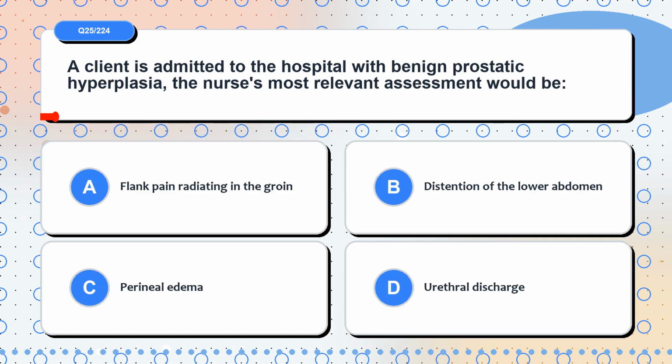Question 25. A client is admitted to the hospital with benign prostatic hyperplasia. The nurse's most relevant assessment would be. Here are the options. Option A, flank pain radiating in the groin. Option B, distension of the lower abdomen. Option C, perineal edema. Option D, urethral